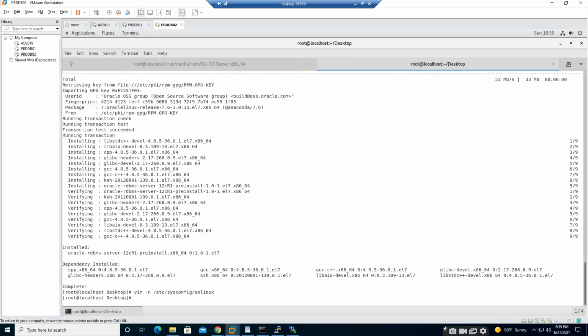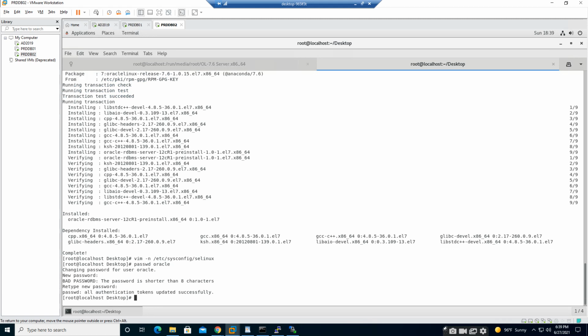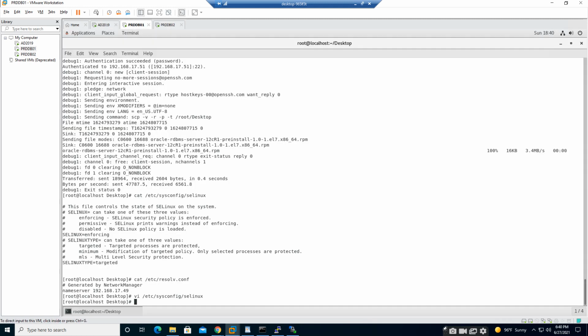I'm going to restart the server, but just before restart, I'm going to configure the password for the oracle user. Okay, the password got successfully updated, and the same I will do on